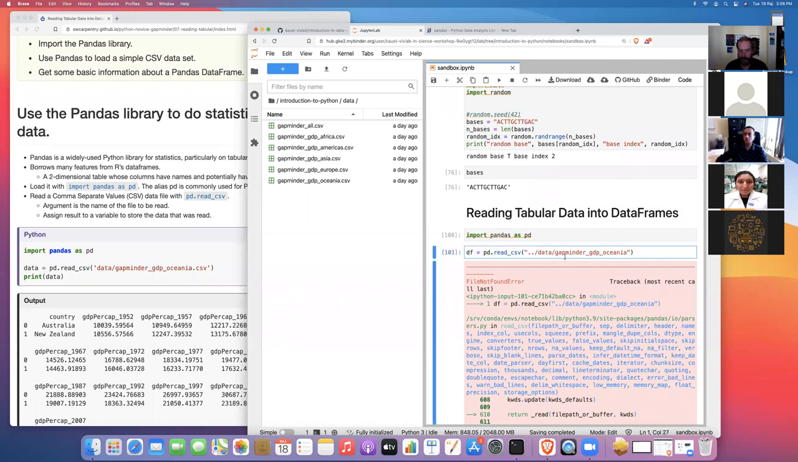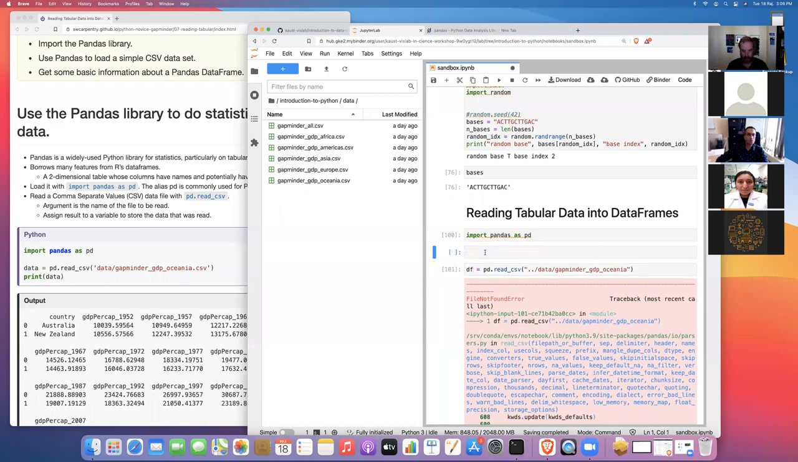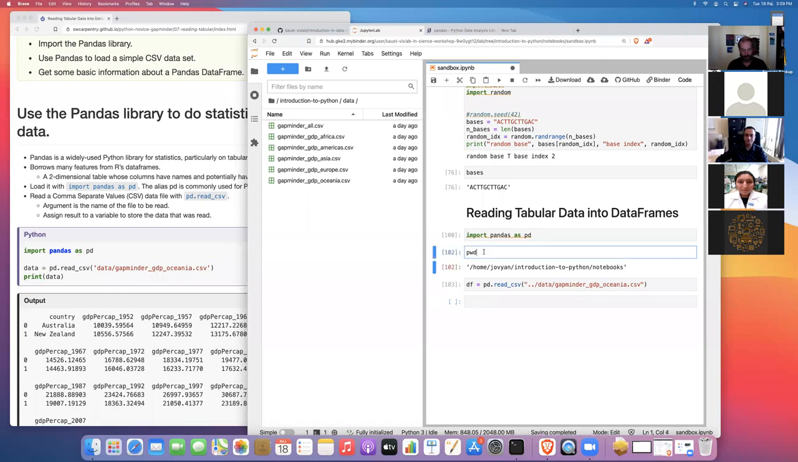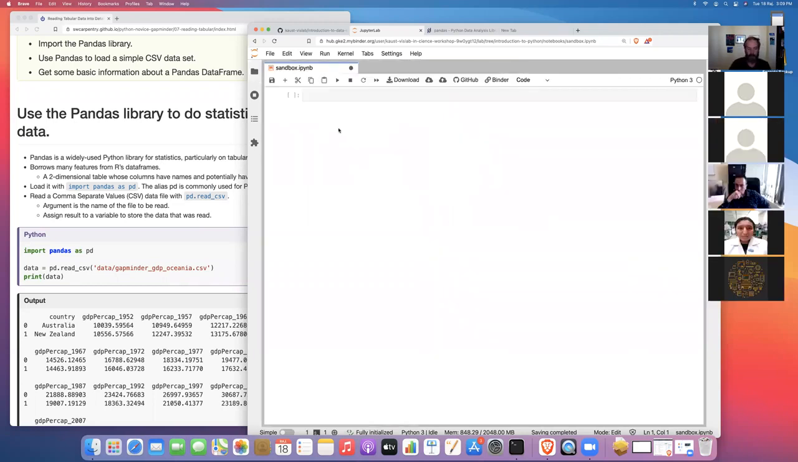And oh, let's see, where am I? Notebooks. So up into data, Gapminder. Aha, I do have a typo. I left off the extension. There we go. So you can run, just like in an IPython console, you can run this pwd command, which